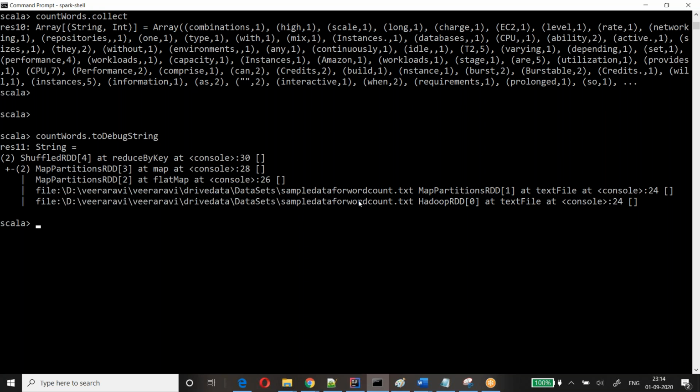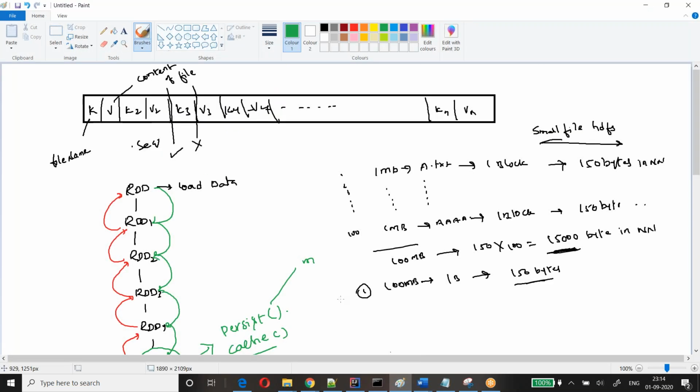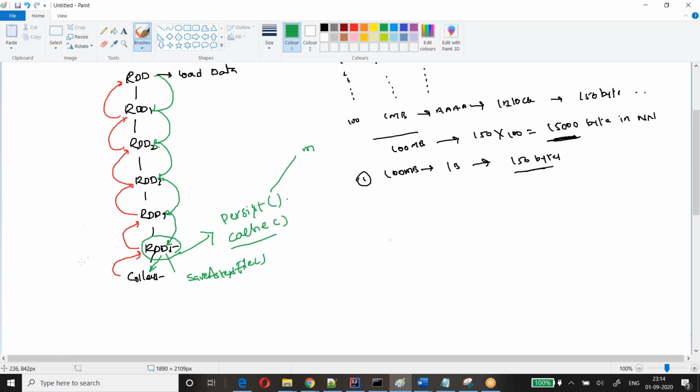And also one more important point: when you do cache and persist, it will do one computation, it will go to the compute method and all, right? Whatever we discussed in the last session. Once the computation is done, it will store into the memory. But the checkpointing directory is not like that. It will do one more computation to store the information.